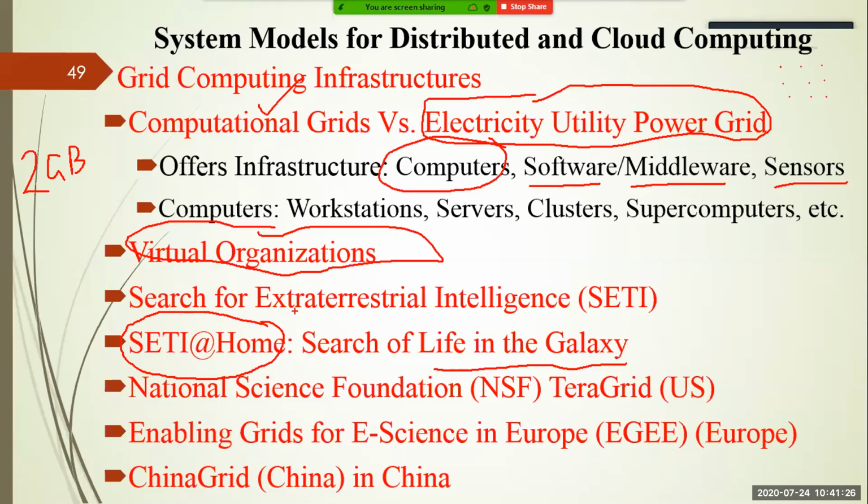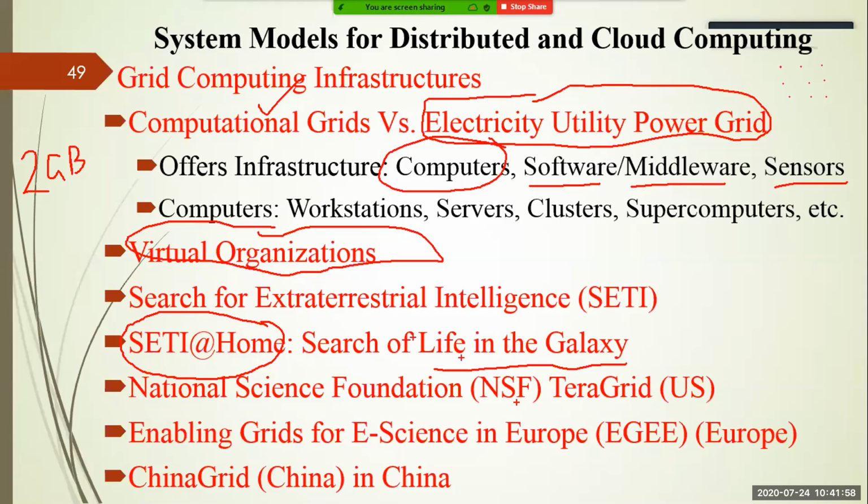It is a very big project in which millions of computer systems are gathered together to provide the services, because it is a scientific and engineering application. In order to run it, you require millions of computer systems. It is not practically possible to purchase millions of computer systems. So what you will do is go for the grid computing system, right?